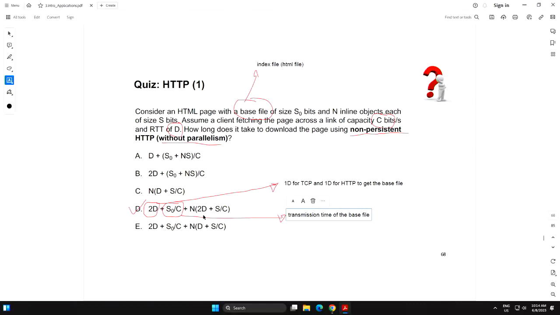For every object, you have 2D because one is TCP and one is HTTP, but here the object size is different than the base size. Base size was S0, here it is S over C. So this is for every object, right? And you have n objects.